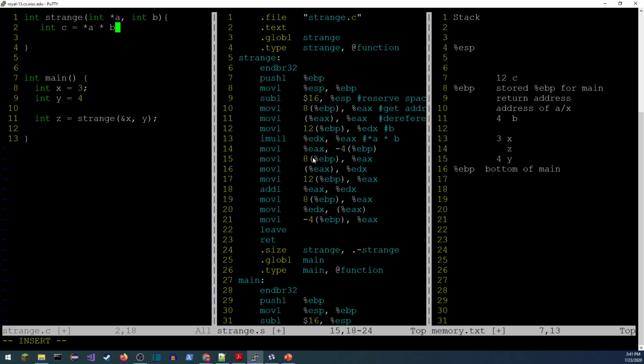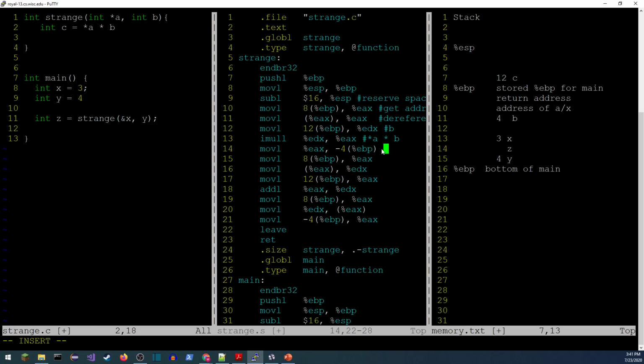Next thing we're going to do, where did I leave off? We just stashed that on the stack. Next, we're going to go back and get another piece of data and store it in EAX. 8 below the base pointer is, 1, 2, this is that address again. So I just grabbed the address, so that's A. The next line down, we're going to dereference it.